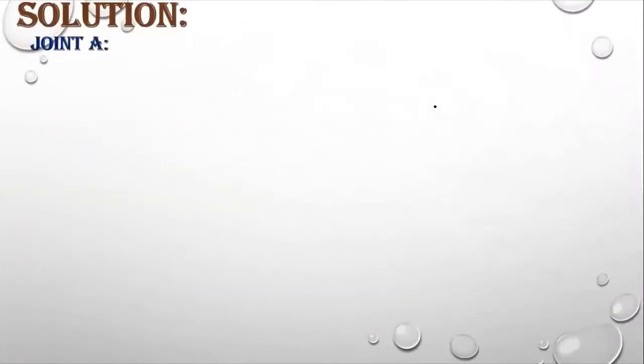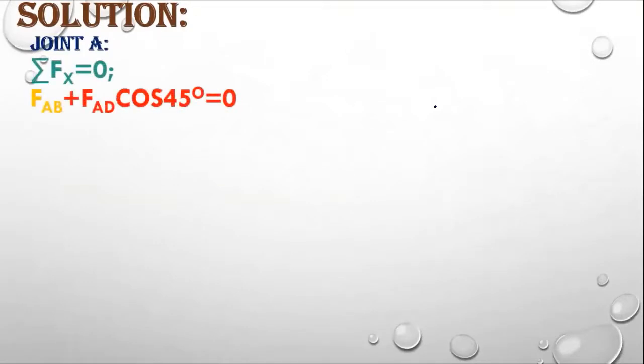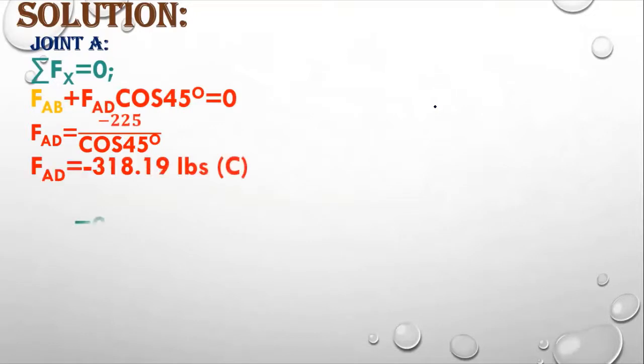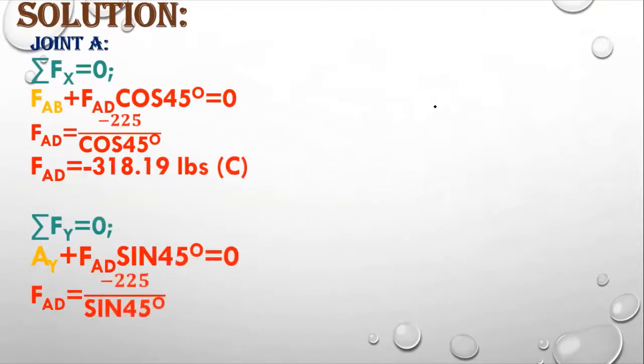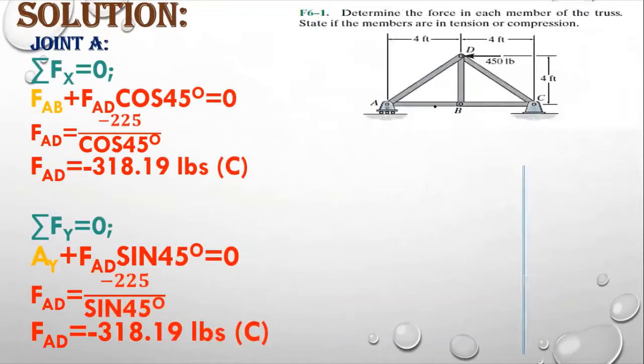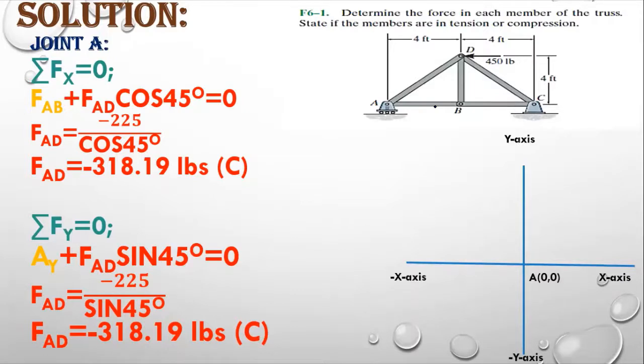We are moving towards the joint A and we are going to make the free body diagram at the joint A. So how can we do it? This is the calculation coming out to be here. So what we have to do, let me tell you. First of all, we have to draw the free body diagram. How can we draw the free body diagram at joint A? You can see there is a free body diagram, and this is x-axis, negative x-axis, negative y-axis, positive y-axis.